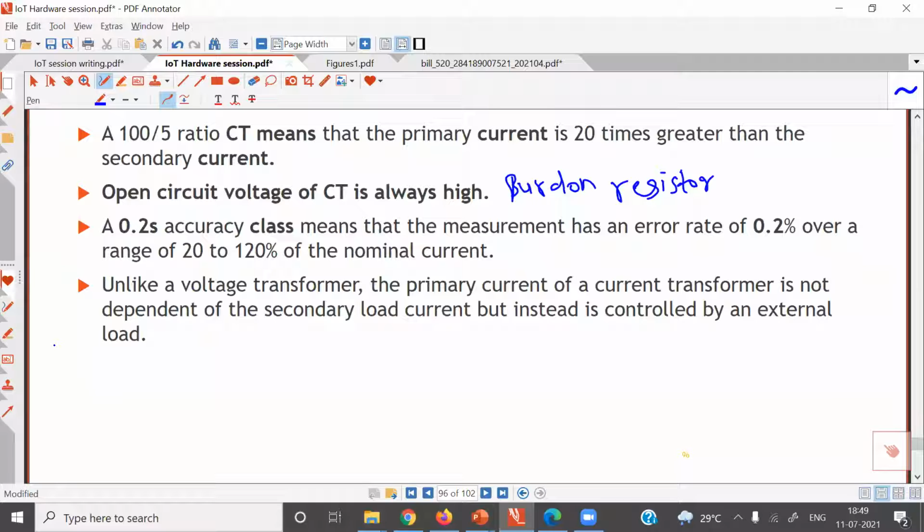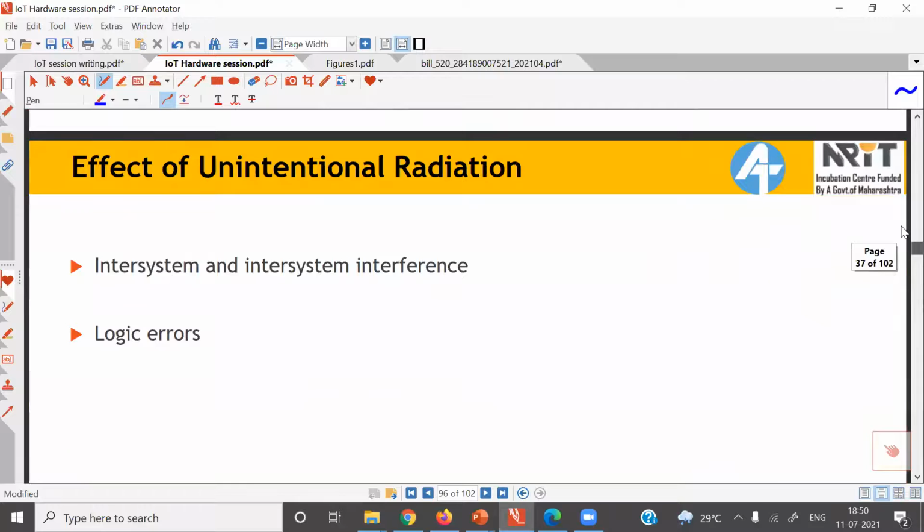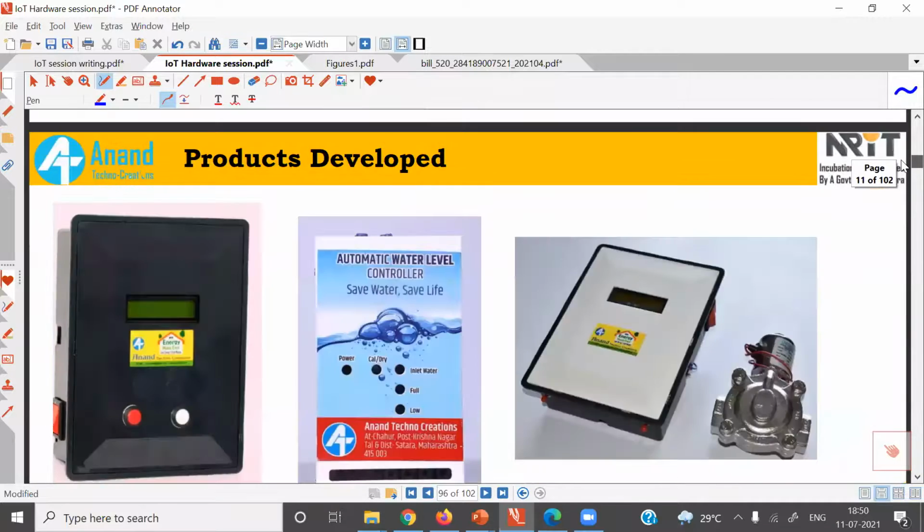Now, what is the difference between conventional voltage transformer and our CT? Both conventional transformer and CT work on same principle, Faraday law of induction. But there is small difference. In conventional transformer, we have primary and secondary. All of you know that. In conventional transformer, secondary current affects the primary current. I repeat, there is mutual inductance between primary and secondary.